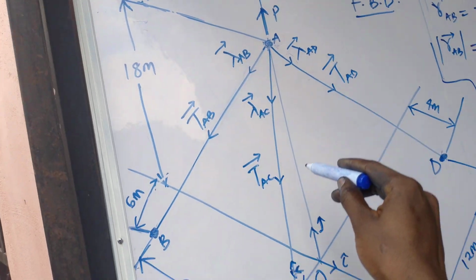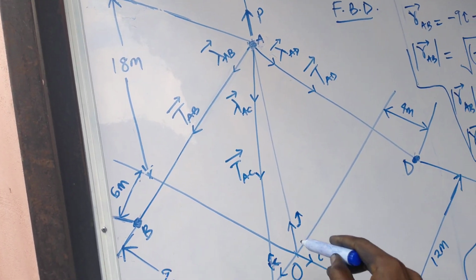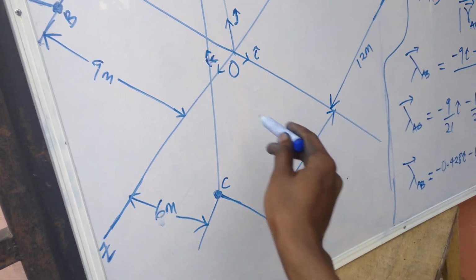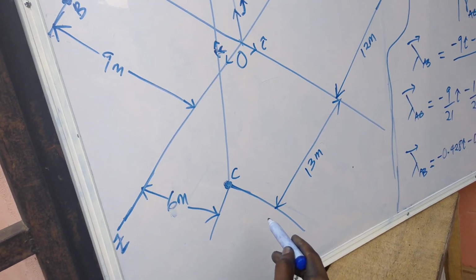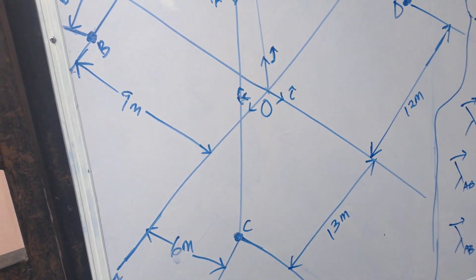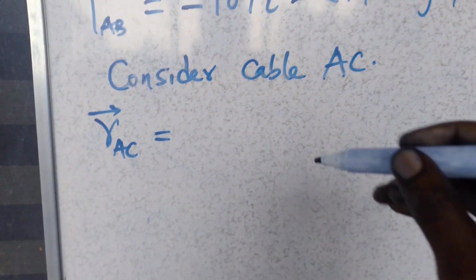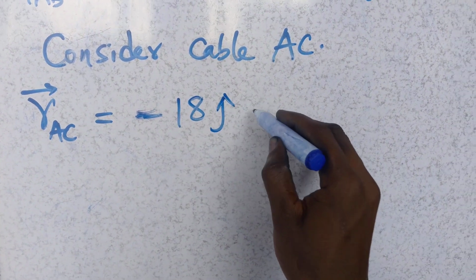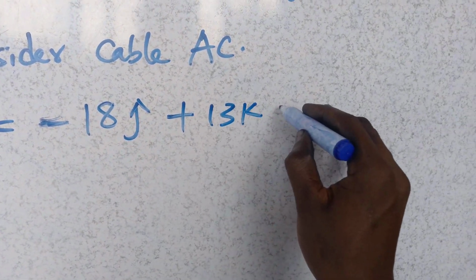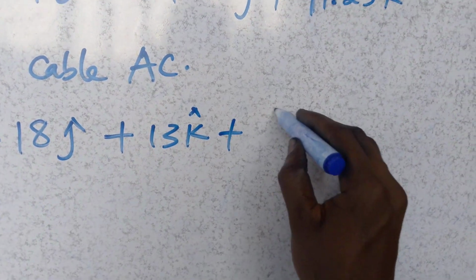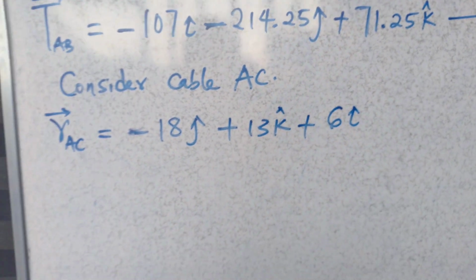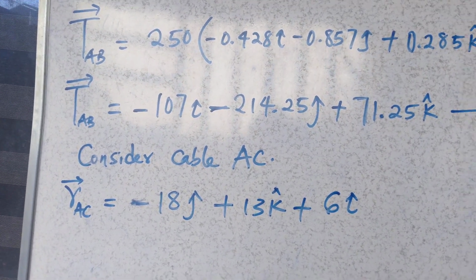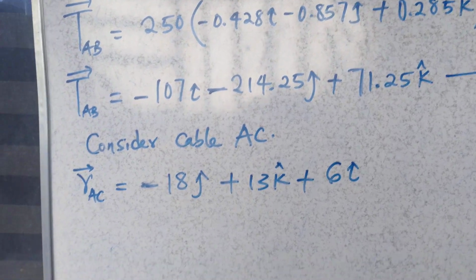I come down, minus 18J. Go like this, plus 13K. Move like this, plus 6I. Okay, alright. So RAC now will be minus 18J plus 13K plus 6I. Okay, that was what I had from the free body diagram. It's minus 18J plus 13K